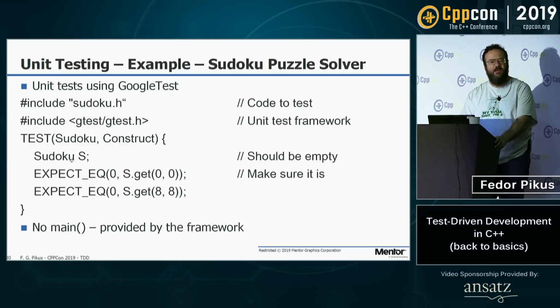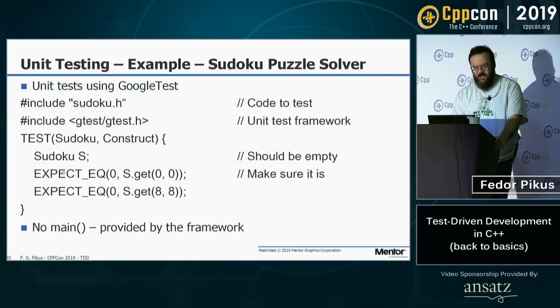First thing you do with any unit is you construct it. If your unit is a class, the first thing you do in a unit test, you just test if you can create it. Everything else comes later. Okay, I created it. Now I want to run some tests on it. In Google Test syntax, it's expect. In CxxUnit, it's assert. Doesn't matter, whatever your framework is, they have something like this. This is the call I'm going to make. This is the result I expect to get. If I don't get it, it'll tell me. So I expect that the constructed puzzle is empty. I'm going to check that it is. Now, this is actually the complete file. This is it. No main, provided by the framework.